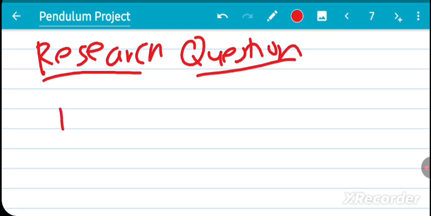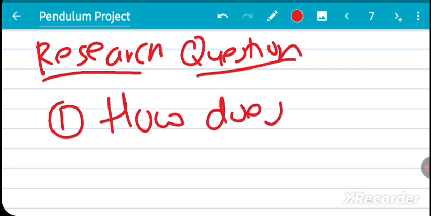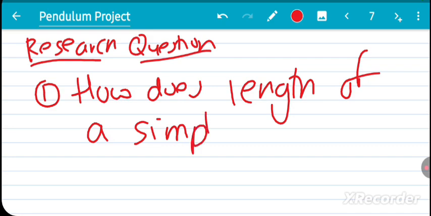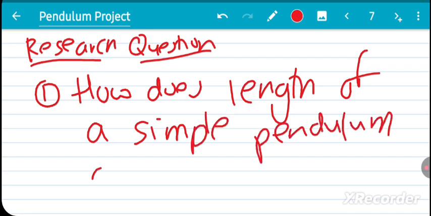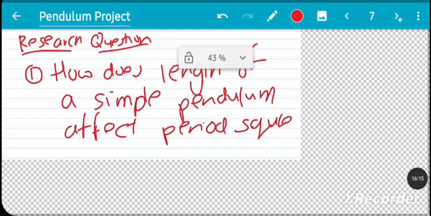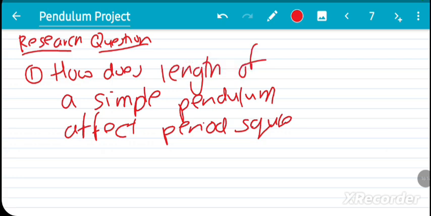So question number 1, we're going to say, how does length of a simple pendulum affect period squared? How? This is what we want to figure out in the lab. I mean, we already know that there is a linear relationship here, so we are in a way